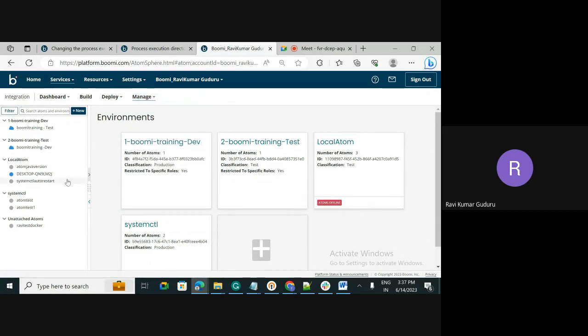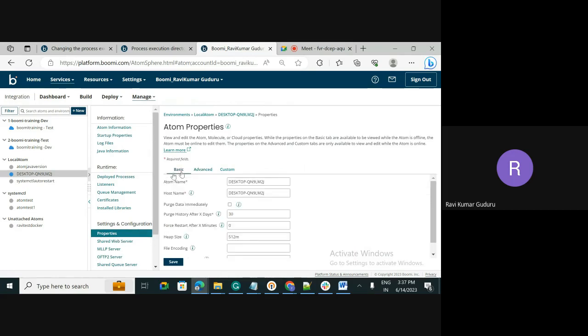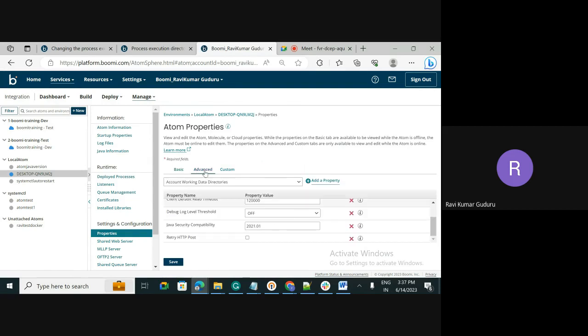Select the environment where you want to set this property value. I'm selecting this Atom, and inside Settings and Configuration, select Properties. Inside we can see Basic, Advanced and Custom properties. Here we go with Advanced, and you can select the property